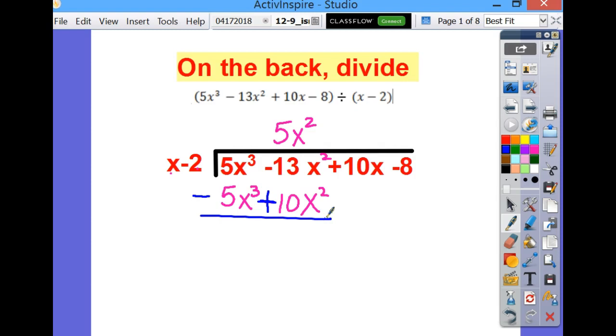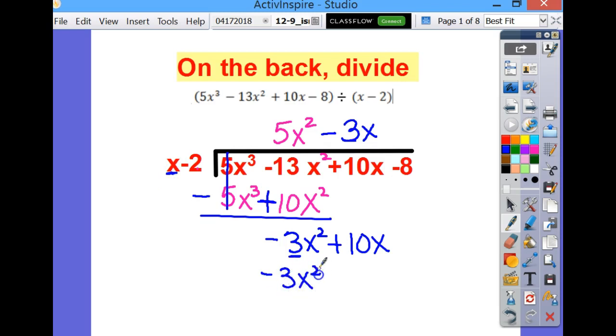What's going to happen to the 5s? Cancel out, and this is going to bring down a negative 3x squared. Bring down the next term. What am I going to multiply this by so it's going to cancel out a negative 3x squared? Negative 3 times x is negative 3x squared. Negative 3 times negative 2 would get you a positive